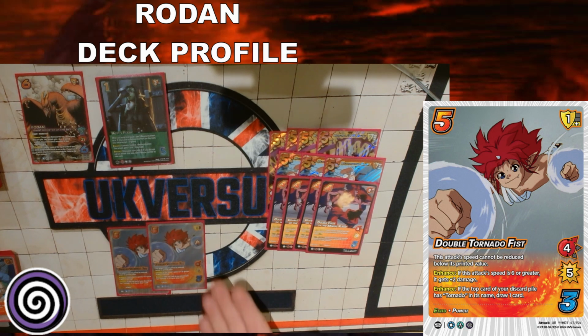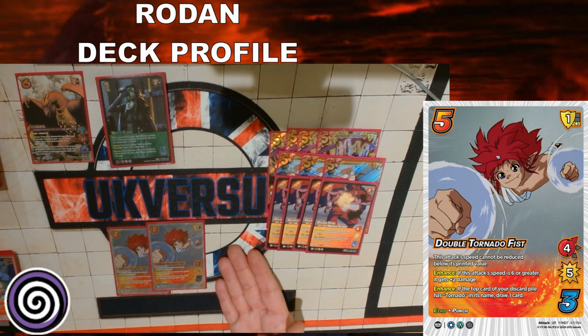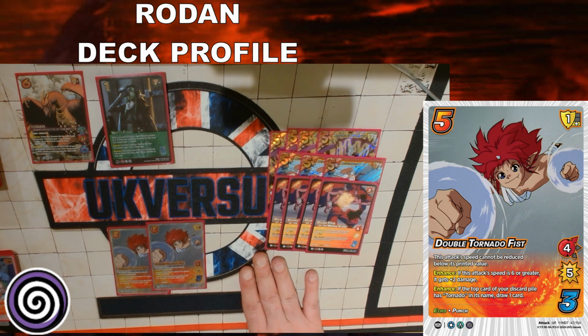Obviously, the bottom enhance to join a card, I don't think anyone's ever triggered ever in their life. But you're always at least getting 4 speed out of it, right? They can't reduce it below that. You're almost always getting into the 6 speed to give it the 2 damage. So it's like a 6 speed for 7 that they have to interact with, or they're just taking a whole